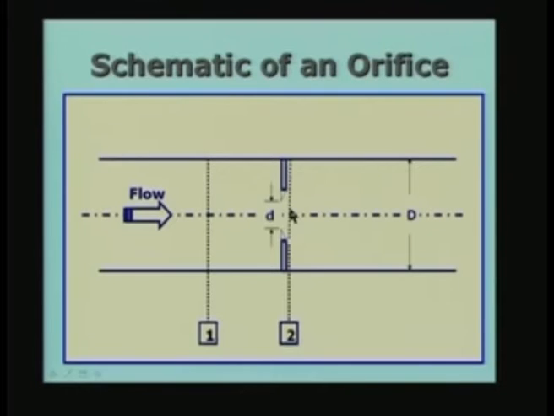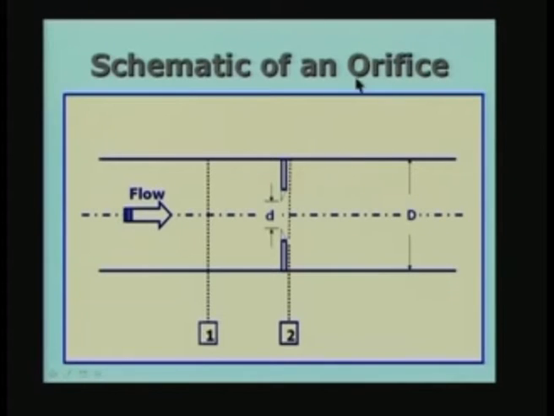Now, we can choose two locations, 1 and 2. In this case, I have taken one upstream of the orifice, usually one diameter away from the orifice, and the second one I can choose very close to the orifice, like what I have done. There are different ways of doing it, which we will come to a little later on. So, I will measure the pressure difference between P1 and P2 and use the equation which we had, equation number 6, which gives the volumetric flow rate in terms of the measured pressures and the known diameter or the corresponding areas.